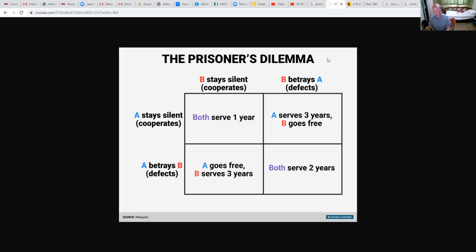The dilemma is this. Think of yourselves as one of the prisoners, and you've already made a deal with your buddy that, look, I won't dob you in, you don't dob me in. We've been arrested, but they have no evidence on us. Actually, they have evidence of a lesser crime in this game, but they don't have evidence of the big crime that you've been committing. So they've got enough to convict you on that. And what the police are going to do is try and get you to rat on each other. You have the deal, you're not going to rat. They said they wouldn't rat on you.